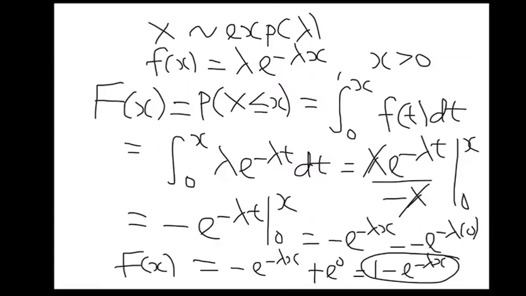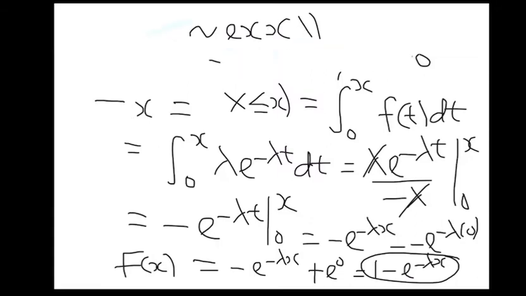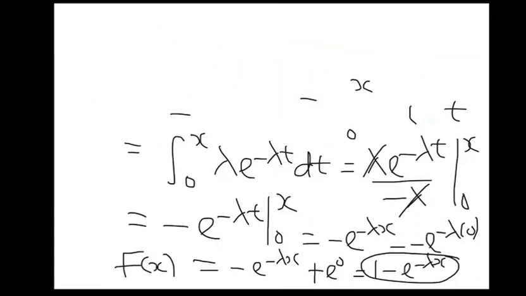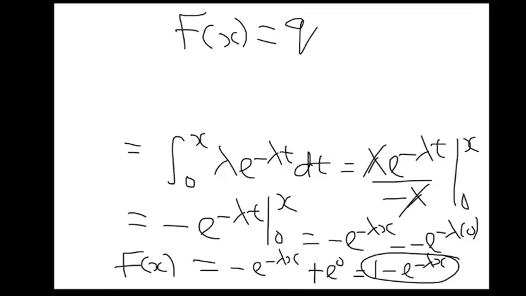And after that, what I'm basically going to do is figure out the quantile. So if I want to find the quantile, you know what I'm going to do. Don't forget, the other time I told you, when you're talking about a continuous random variable, we're basically going to equate the distribution function to q, and we're basically going to solve for x. Let me write that. Then solve for x.